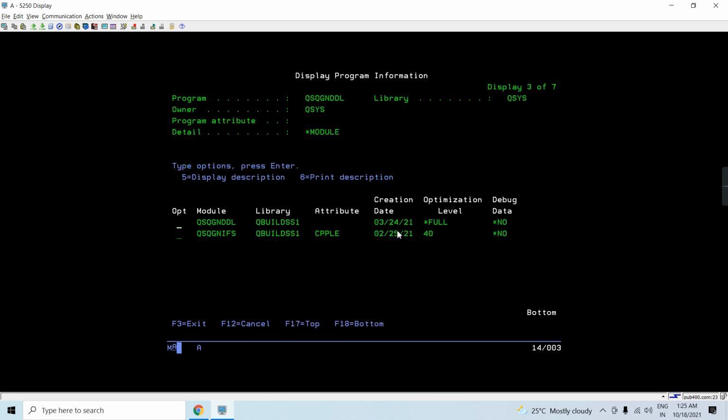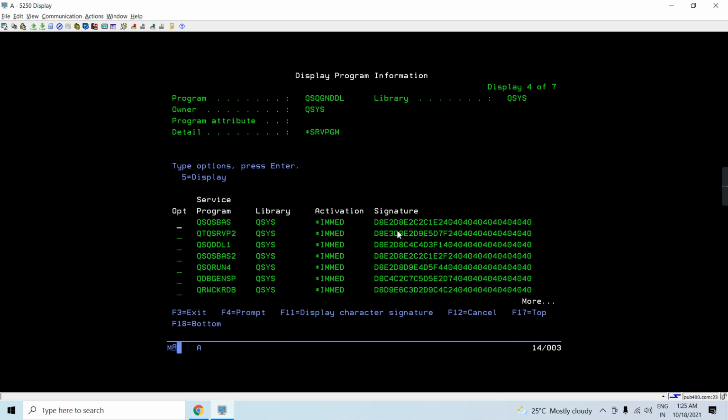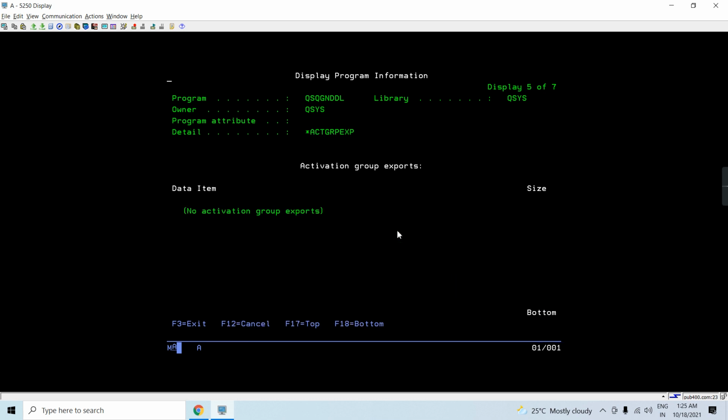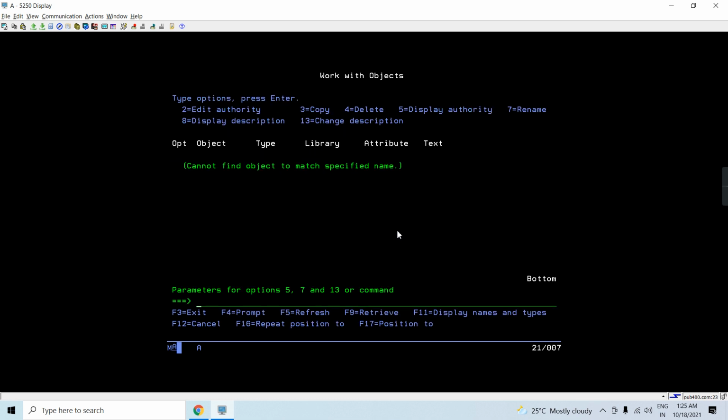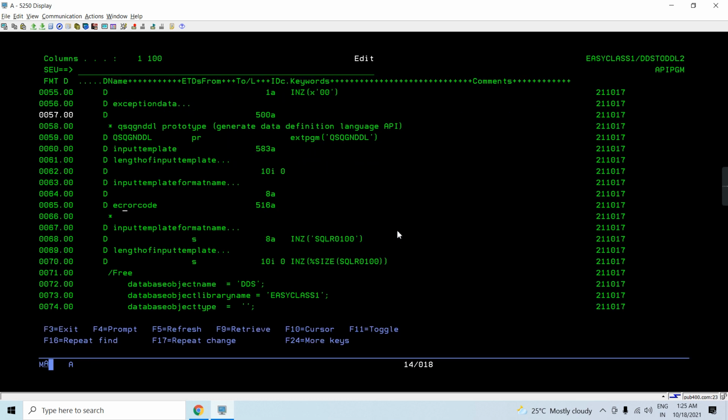You will see the modules bound to this, and these are the service programs which are bound to it. So we are basically calling this program which generates the DDL source for any file object.